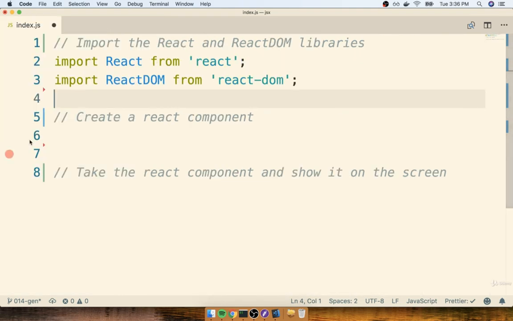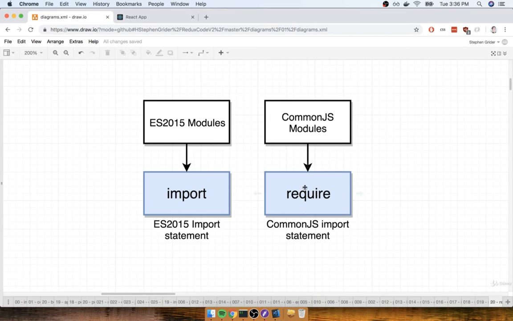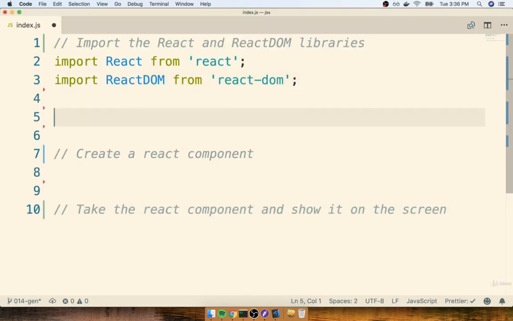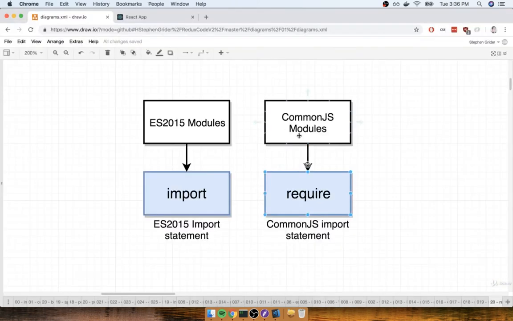Okay, now quick thing I want to mention here, you're seeing the import syntax for pulling code from another file or a dependency. If you've ever worked with a Node.js project before, you might have seen a slightly different way of requiring in other files or dependencies, one which uses something called the require function. Just as a quick example, you might have seen code in the past that looks something like this, const react equals require react. You don't have to write that here, I just want to show you a quick example. I want to very quickly tell you about the difference between a require statement and an import statement.